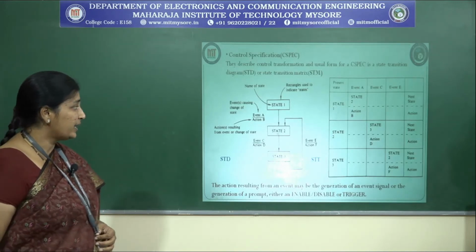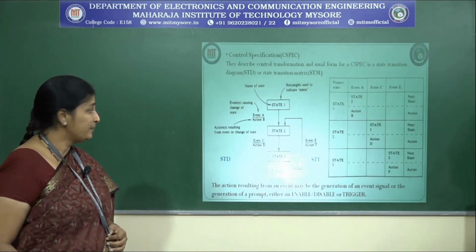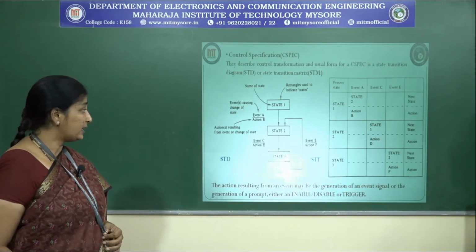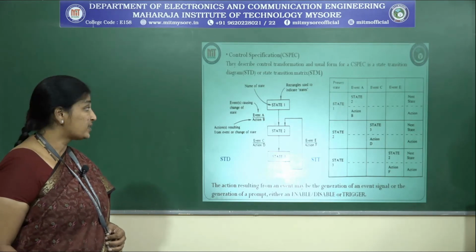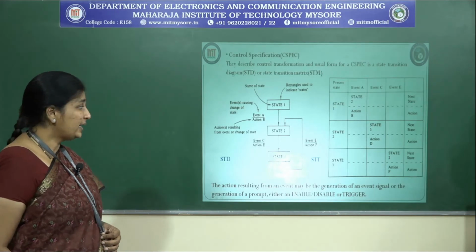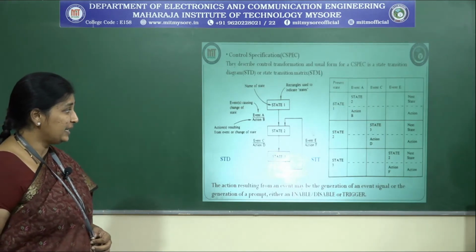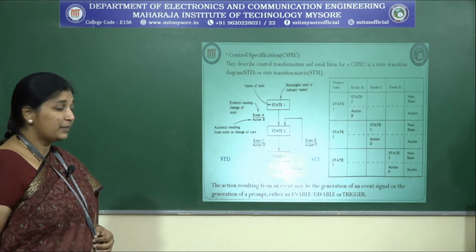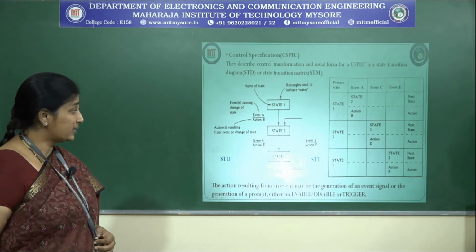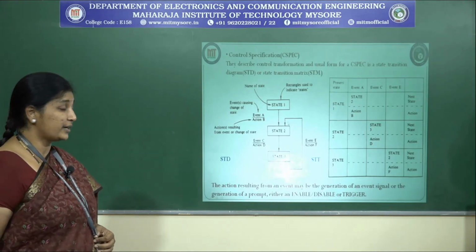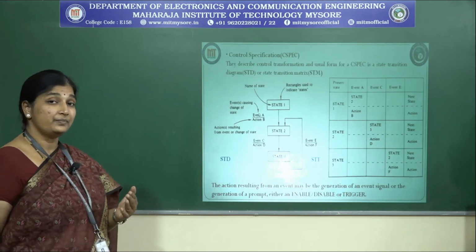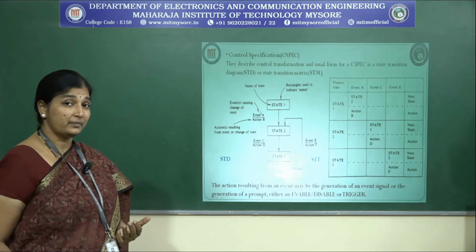Similarly, for state 2 to state 3, it is written as event C, which was responsible, and an action due to which the state has changed from state 2 to state 3. Again, you have another event here, E and F. E is the event, F is the action. Because of that action, there is a transition from state 3 to state 2. So this is the complete state transition diagram.